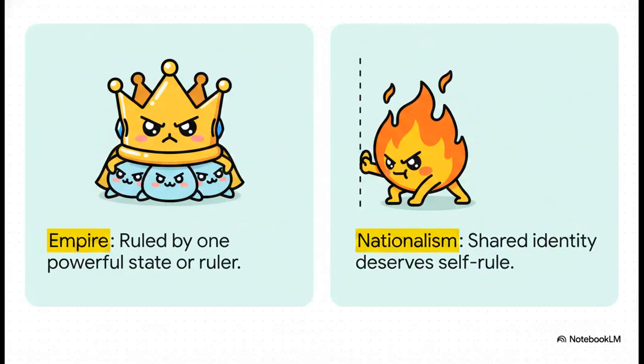So the crucial breaking point is the inevitable historical friction that erupts when the traditional framework of an empire, being ruled by one powerful state, directly collides with nationalism, the belief that groups with a shared identity should have their own nation. An empire demands absolute submission to a central, overarching state, regardless of local culture or ethnic makeup. But as the world moves steadily toward the 20th century, this fiercely potent ideological wave began sweeping across the globe, directly threatening the very existence of these traditional multi-ethnic power structures.